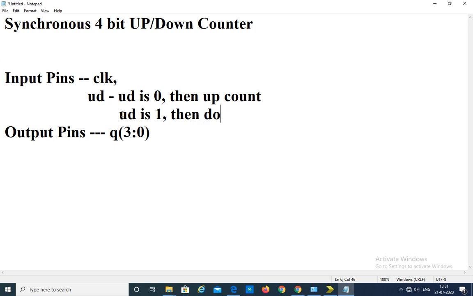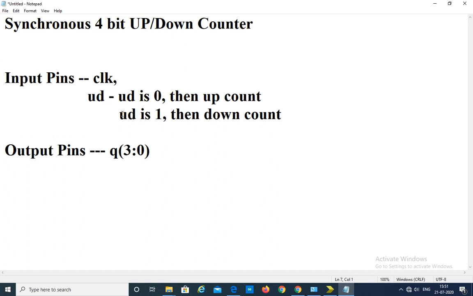So in total, two input pins I am taking here. Clock is one input pin, another pin is UD. We take the UD pin to tell the counter which operation it has to perform, the up count or the down count. That is obtained by specifying the UD input pin.